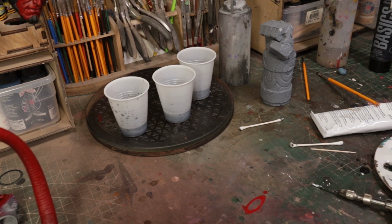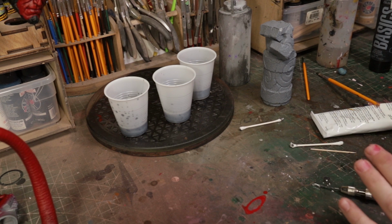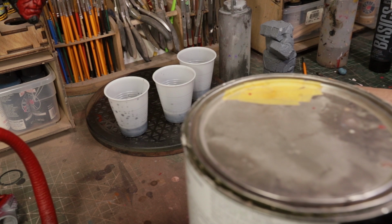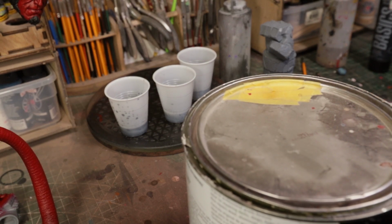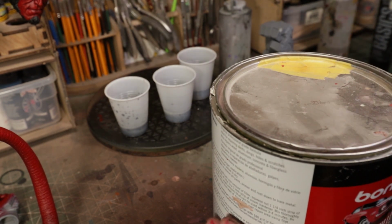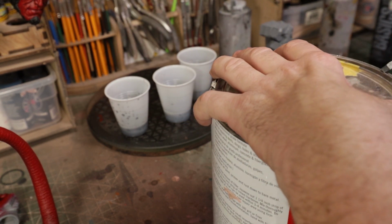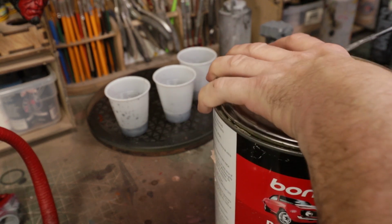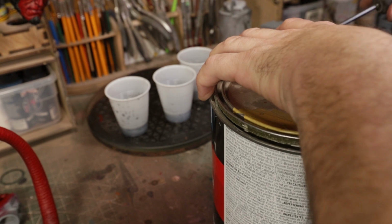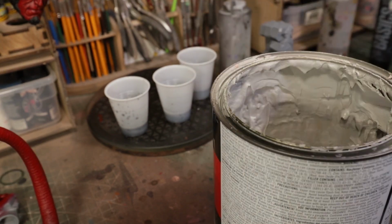So I'm gonna just use some body filler. I'm not gonna use A's because A's would take 24 hours to cure. I think I can do it pretty quick with some body filler. So let me do that real quick. And then I'll get the fist base coated in that same color I used yesterday. And I'll do the shading, and then I'm going to bring it all down again with the,